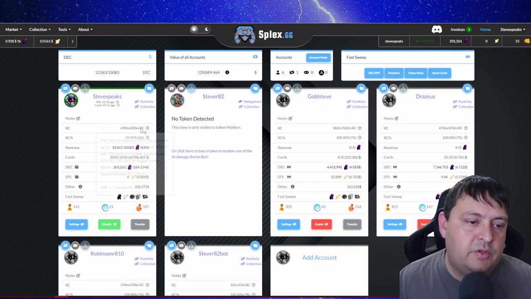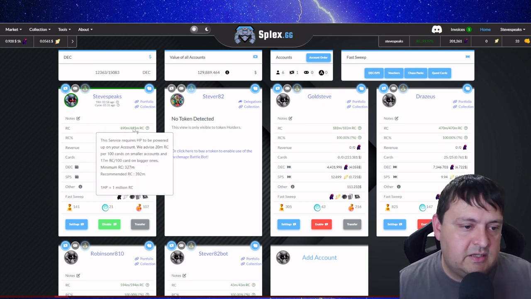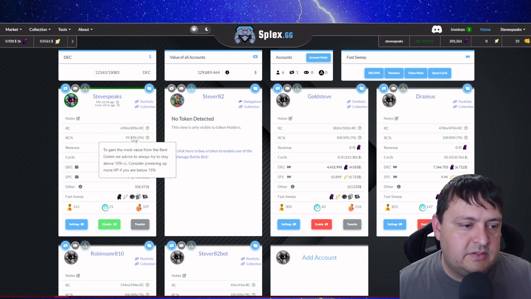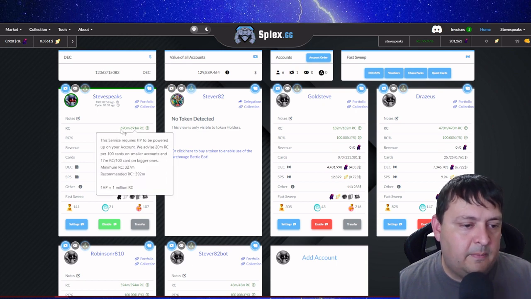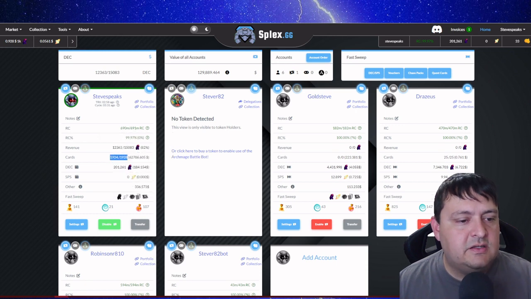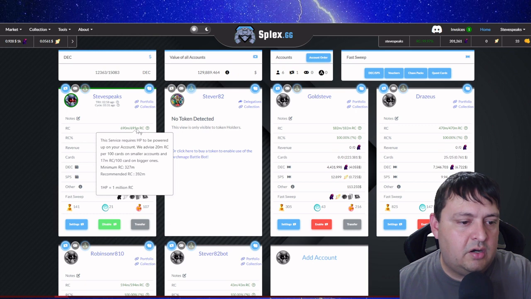Let's go through. When you have the rental bot enabled, you're going to see the RC number and your RC percentage, your revenue, your cards, your DEC that you currently have, and your number of cards you have in the account. So this is 1,900 cards. And then it's going to show right here that they suggest that I have, for each 100 cards, at least